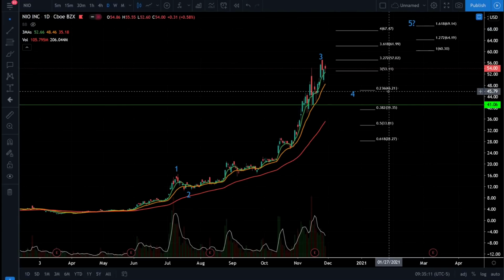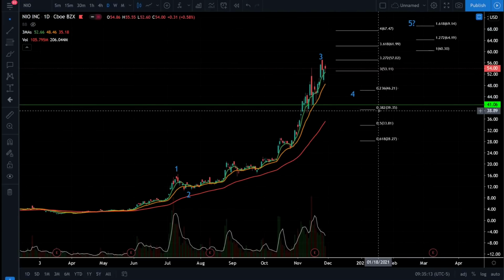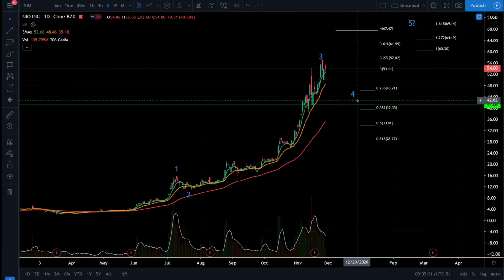However, I want you all to be fully aware that it's likely we see a pretty significant pullback, and we're going to start scaring and shaking out some of these NIO bulls by getting down to price targets of 39. That's going to scare a lot of people that were buying at 54. So be patient on NIO. If it were me and I was bullish, I would just wait for the wave 4 possibility and wait for